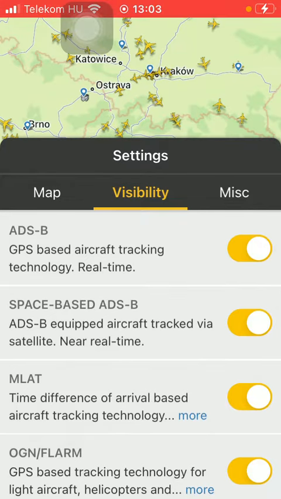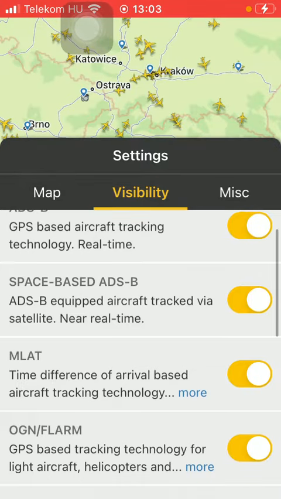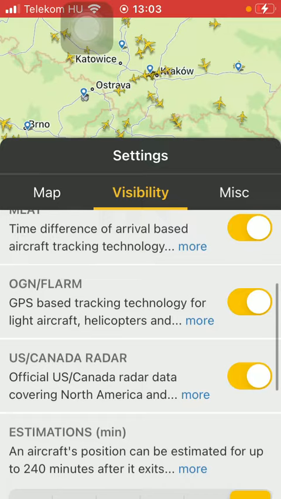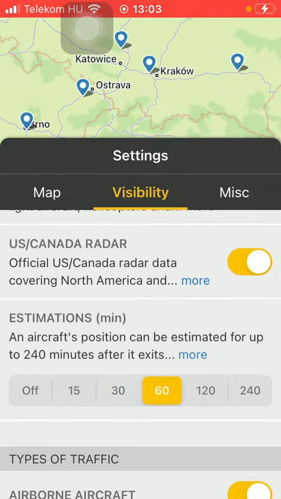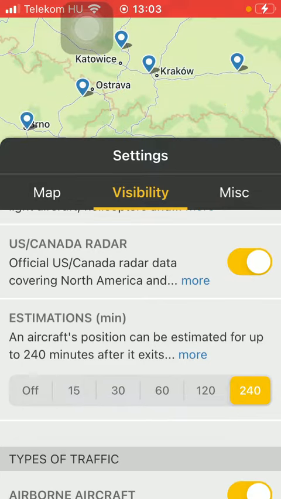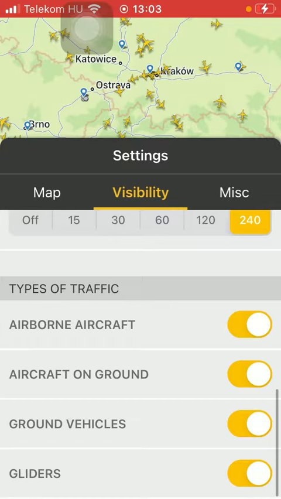ADS-B, GPS-based aircraft tracking technology, so you can tap it, turn it on, such as the space-based one. The time difference of arrival based aircraft tracking technology can be turned on as well as the ONG one. The US-Canada radar estimations can be set on these from 15 to 240. You can also turn on the types of traffic features such as airborne aircraft, aircraft on ground, ground vehicles